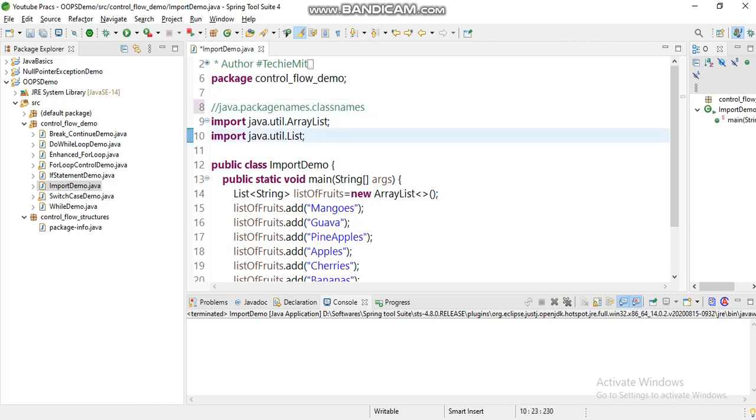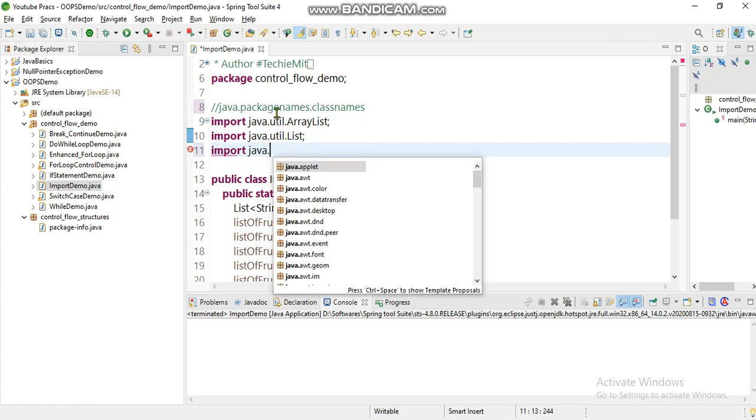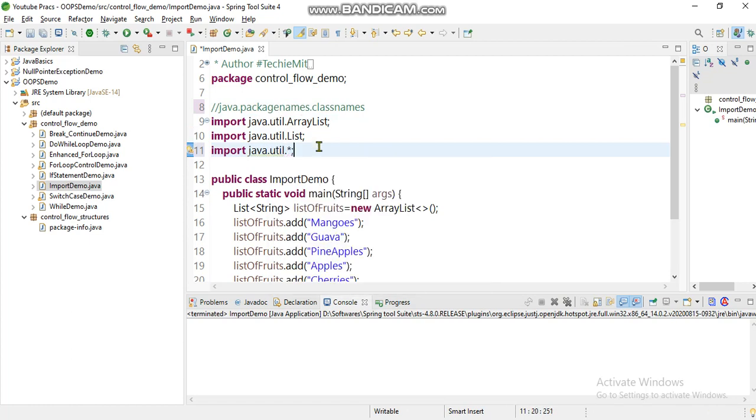For example, suppose I needed to include all the classes present in the util package. What I will give is import java.util.*. Using the wildcard dot star indicates to include all the classes under the util package.